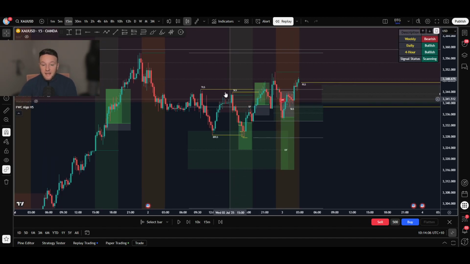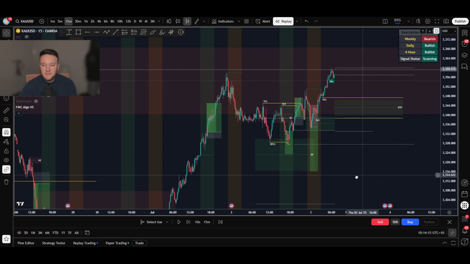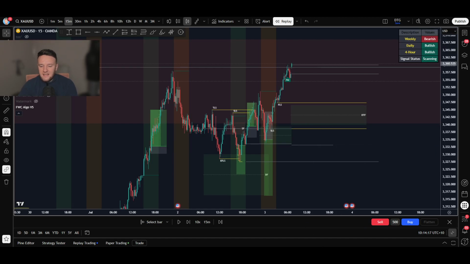Although we did consolidate, there is setups to be made. There is setups to be taken using the DTG system. It just shows how solid it is, how consistent it is. And then price continued up here. You can see in the Telegram,